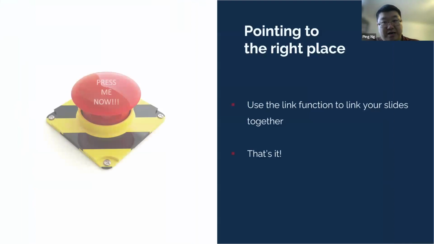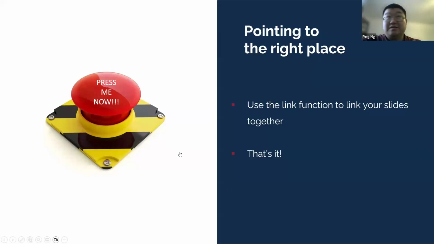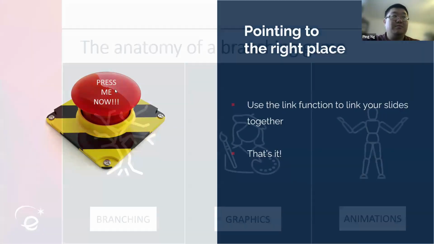Once you planned out the tree, I've just used one very simple feature in PowerPoint called the linking feature to basically tell people where to go from each point of the branch. So it's actually very simple. So if you look at the button that we have on screen here, if you just select it, it'll just bring me back to the menu